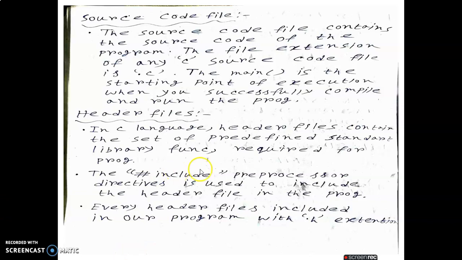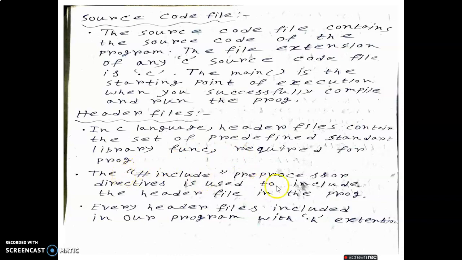Header files. In C language, header files contain the set of predefined standard library functions required for the program. Again I repeat, what are header files? In C, header files contain lots of predefined standard library functions which are required for the program.